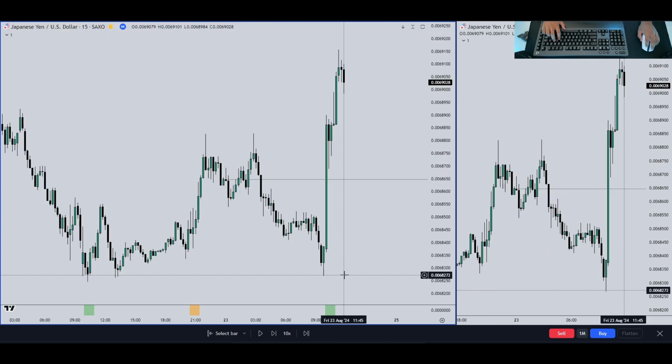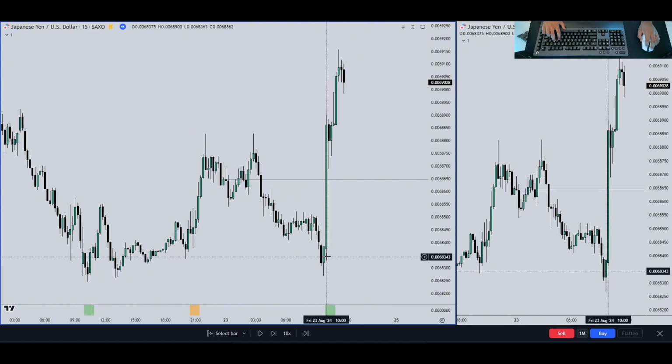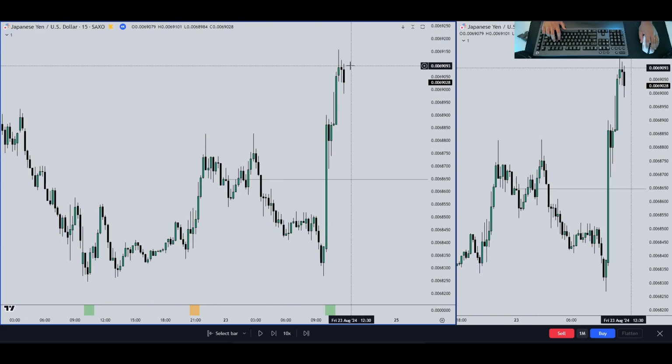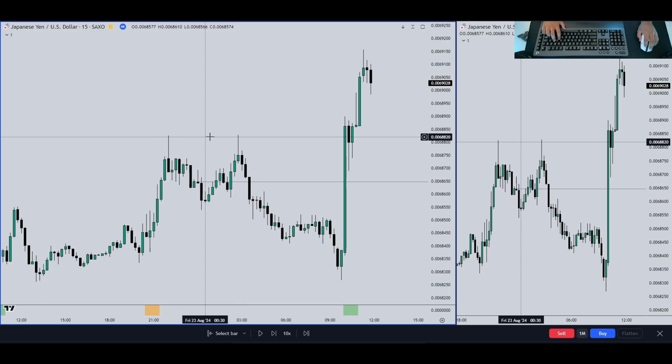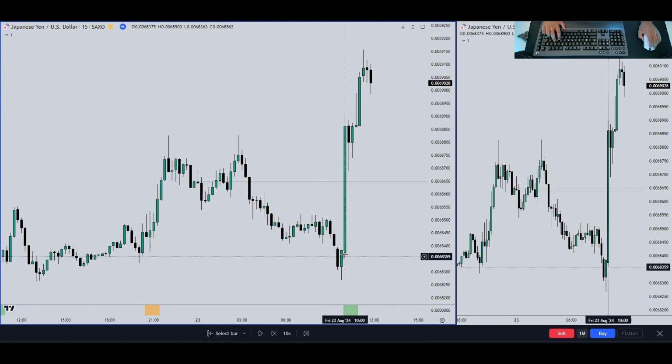So here we have Friday's price action, and again, we don't like to see 10 a.m. being the news driver for the day. Ideally, we wanted to see it happen before, possibly at 8:30 or 9:45, for example. But again, it happened there, so this is going to be an obvious skip day. And the obvious draw would be these equal highs up here, as retail is trying to sell these equal highs. There's going to be buy stops residing above those highs, and we see price right at 10